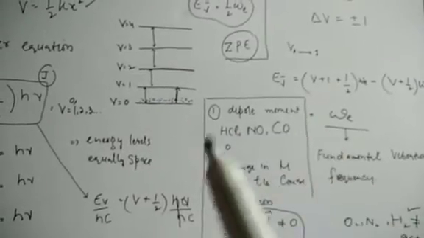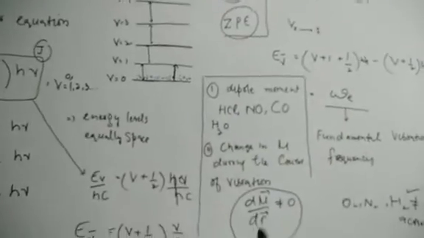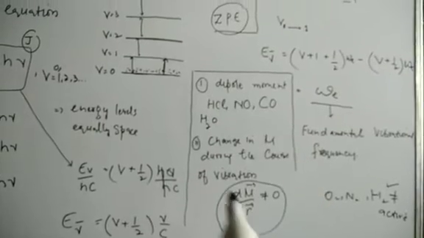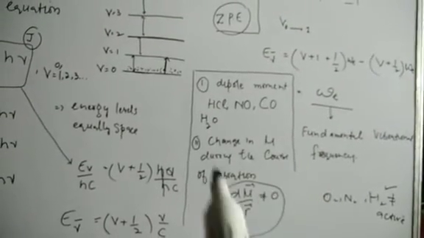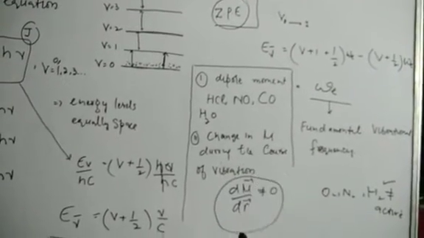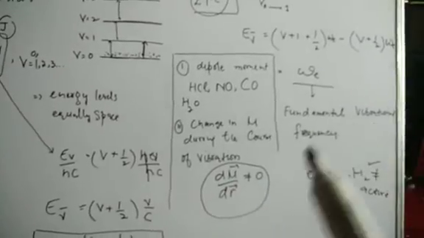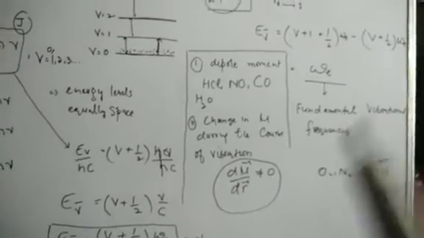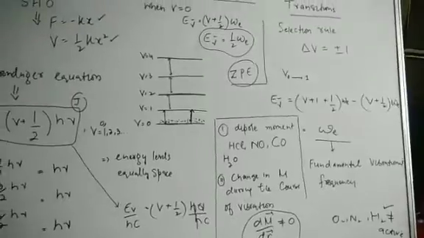Then those molecules which have a permanent dipole moment will be active in the IR, and likewise, during the course of vibration, if there is a change in the dipole moment, they will be active in the IR spectroscopy, and homonuclear diatomic molecules will not be active. So this is all for the day, and then we will next